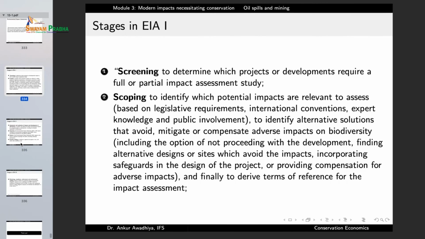And in this context, the environment impact assessment has also become very crucial. And in the case of environment impact assessment, we look at the kinds of impacts that will be seen when an activity is taken up. So that's all for today.